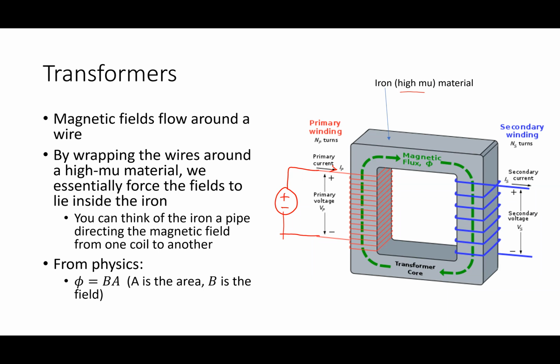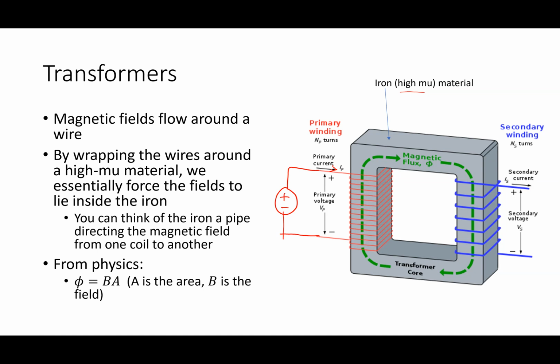I wanted to set up a demo, but it's hard to figure out how to set up a demo with the Zoom thing. But basically, if I take 2 coils and put them on top of each other and put a voltage on one of the coils, and they had the exact same number of turns, you would think that they would probably have the same voltage, right? They don't, unless I really make sure that I have this iron there.